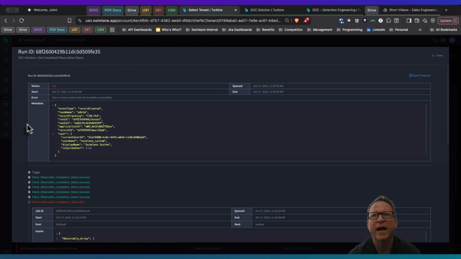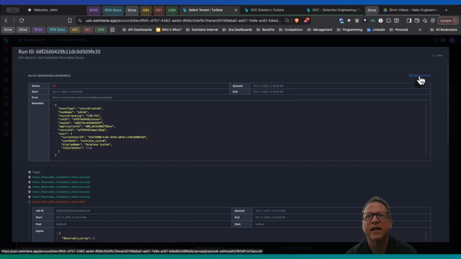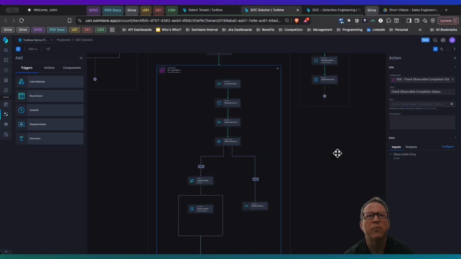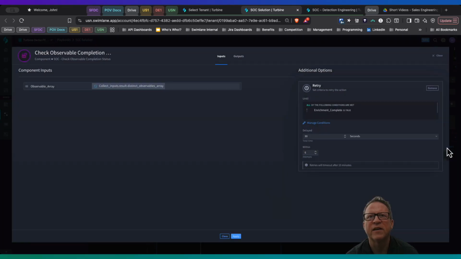So if I go back up and I want to look at the logic that's defined in the playbook, I can simply click on this link here, and it will bring me to the playbook that is failing. And here I can see the specific component and actions that were being invoked when the failure occurred. So here is the check observable completion. And if I look at the configuration of that,